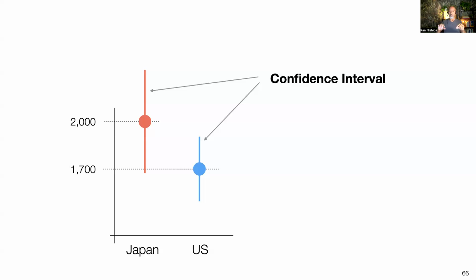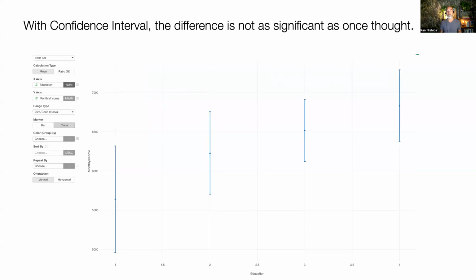So instead of comparing these two groups by the point, which happens to be the average this time, we compare by the ranges. If the ranges are not overlapping, that means the difference is very significant. But if it's overlapping, then unfortunately you might not want to waste much time digging into it. So, for example, in the last example, the education level and monthly income relationship,